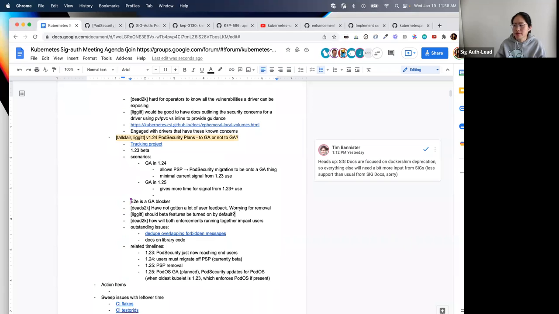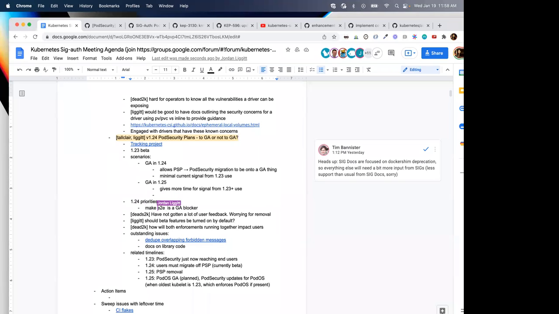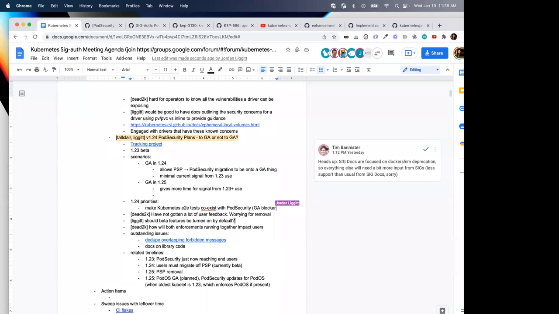I do wonder if it's the migration aspect that is making it harder. Like people who are using old PSPs. I can't speak to all cluster cases. The very first stage of the migration, if you start a new cluster, how you turn this on was fairly straightforward. Even the stage of if you have a cluster and it's already running workloads, how can I enforce what I currently have?